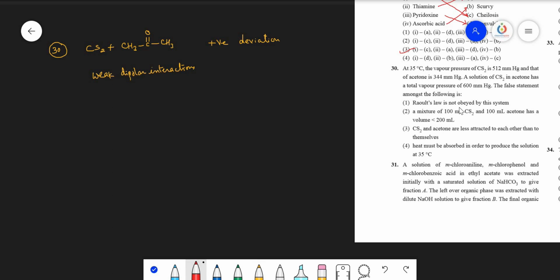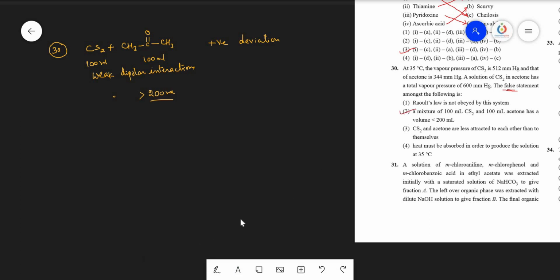First one is Raoult's law is not obeyed by this system. Second one is, because they are asking the false statement, a mixture of 100 ml CS2 and 100 ml acetone has volume less than 200 ml. This is incorrect. Actually, if you take the 100 ml of the carbon disulfide and 100 ml of the acetone separately, when you mix them, the total mixture volume will be more than 200 ml. Hence, this is the false statement. So option 2 is the false statement. Let's see the question